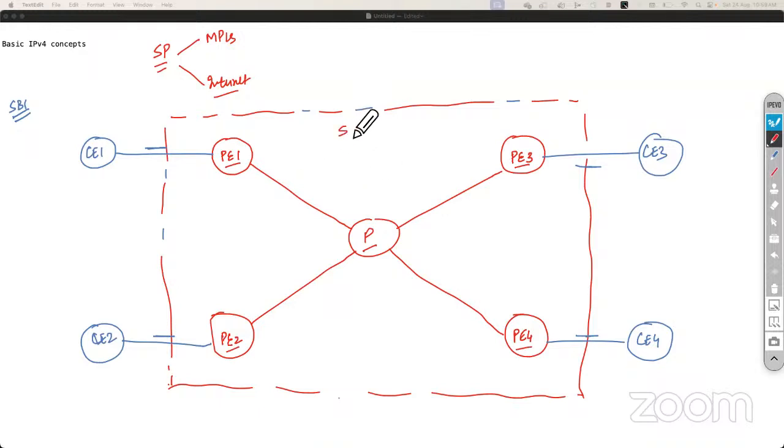Static route. Okay. Static versus IGP. Pros and cons. Can anyone tell me? If I use static routing, or I use an IGP or any dynamic routing protocol, what will be the comparison between these? Static, you have